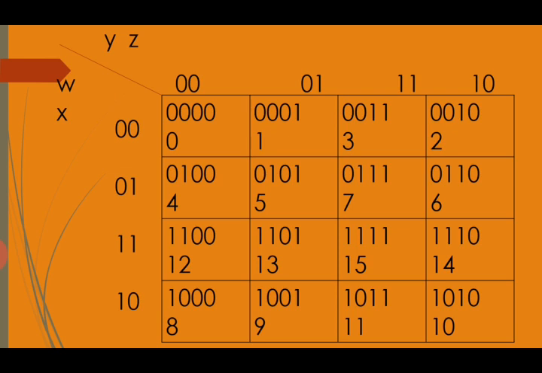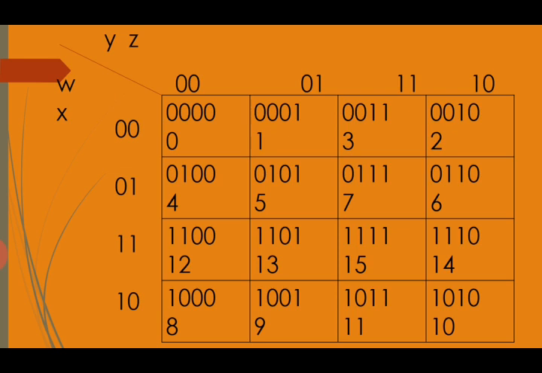And then we move to the last row. There is the combination 1 0 0 0 in the fourth row first column. Alright, so it produces the decimal number 8, and then 1 0 0 1 produces number 9, then 1 0 1 1 produces 11, and now after that 1 0 1 0 produces what? 10. Okay, so remember this is the way of drawing a matrix of 4 rows 4 columns.